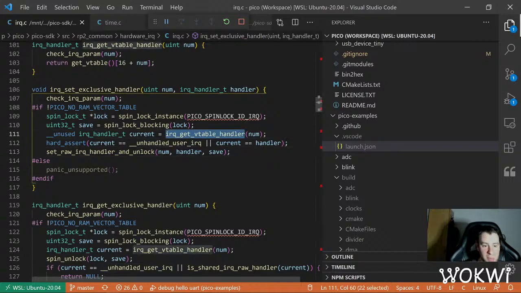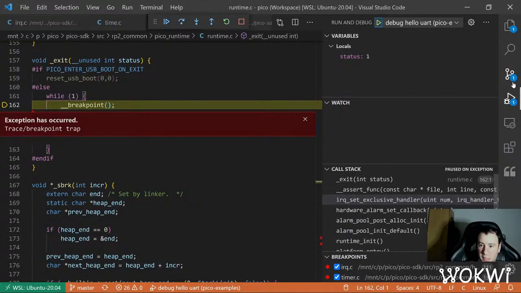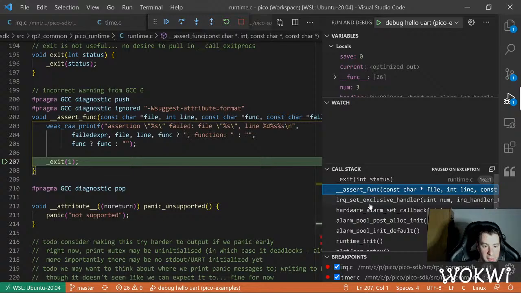This is probably the thing that fails at the breakpoint here. It already failed, but anyway. Can we see the assertion that failed? I don't know, but